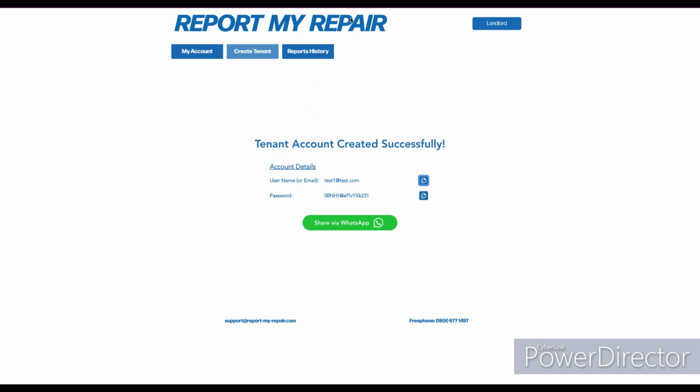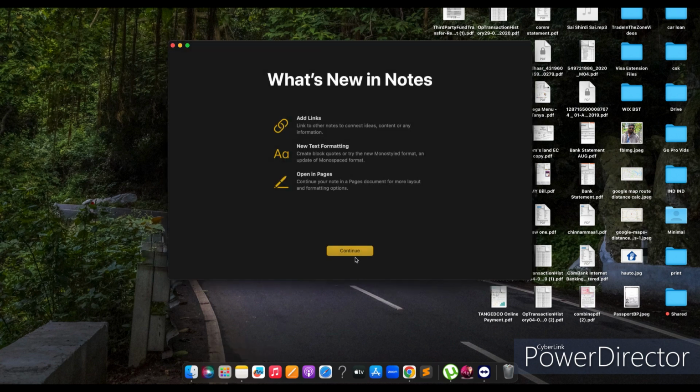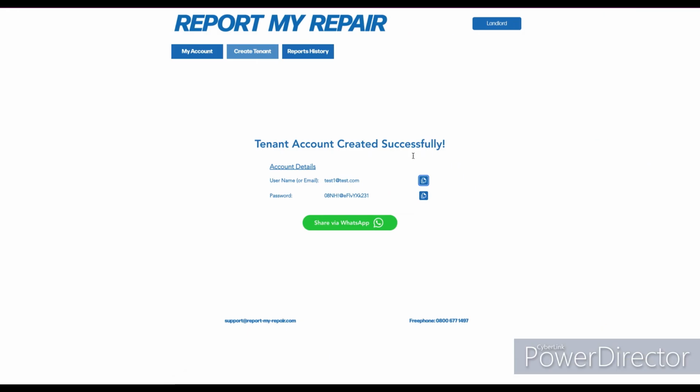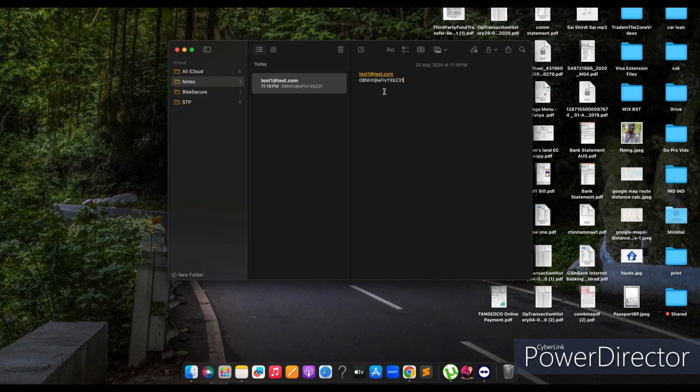In a second I will show you on Notepad. You can see when I paste it, the email is copied. When I copy the password also,